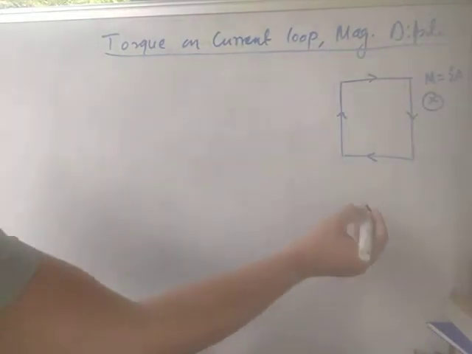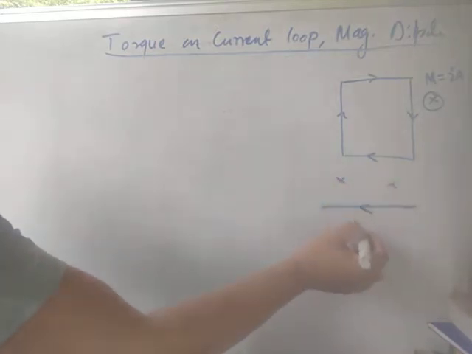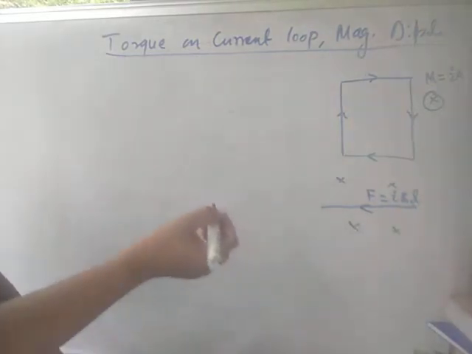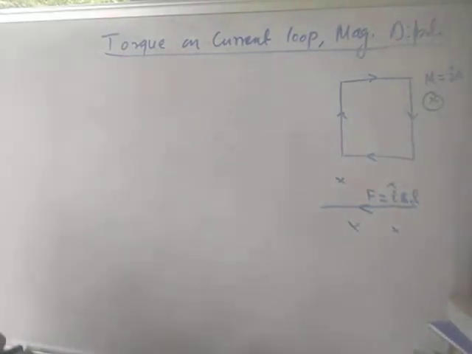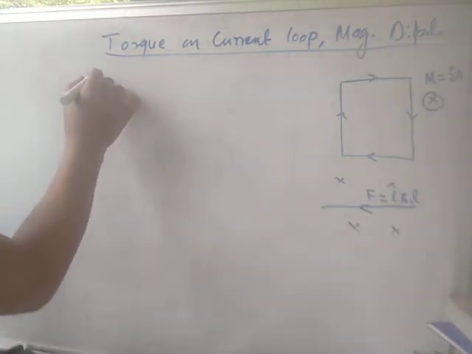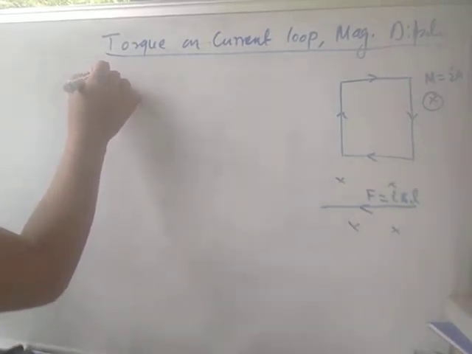And we also know that if there is a magnetic field and current is flowing, it experiences a force equal to the current, the magnetic field, into the length. F equals I B L. We know this too. On this basis we'll understand this torque. So first, we have to do two cases. First case: when the angle